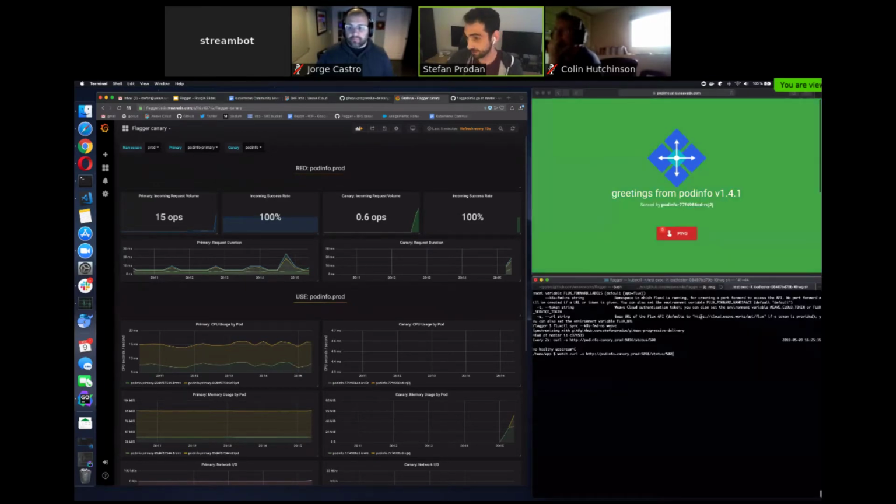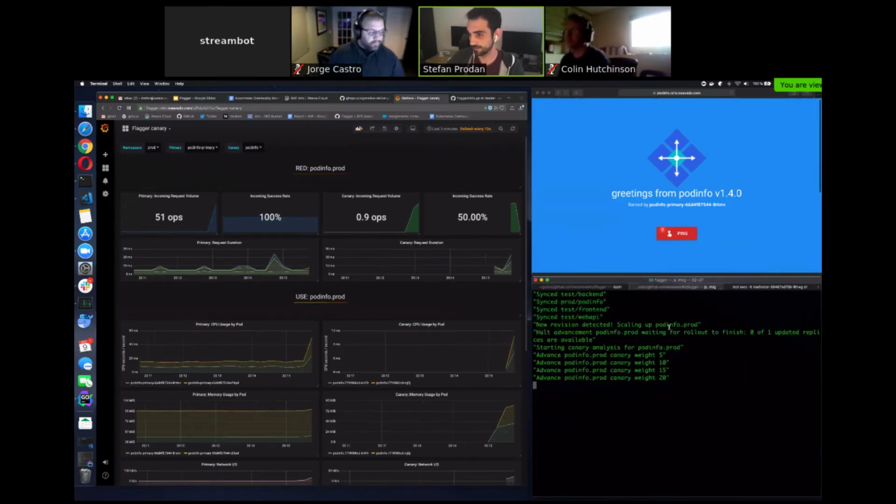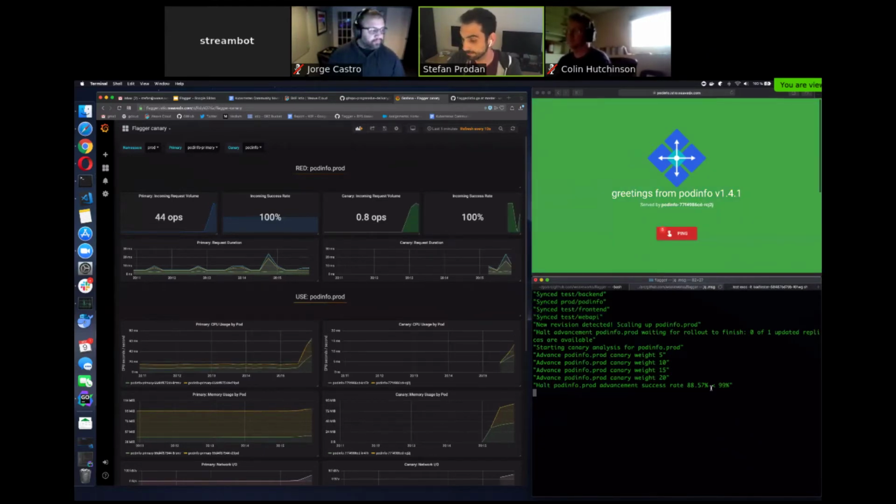What I can do, I can generate, let's say, some 500 errors for a couple of seconds. I'll close this one. And now Flagger has detected that the percentage of the 500 errors in the last minute is over 99%.